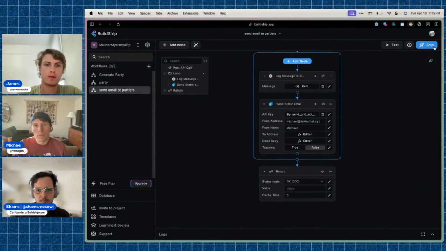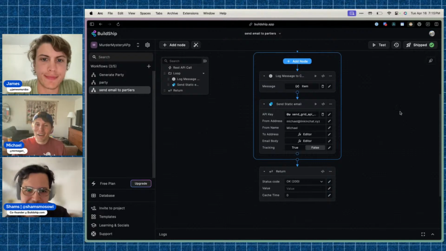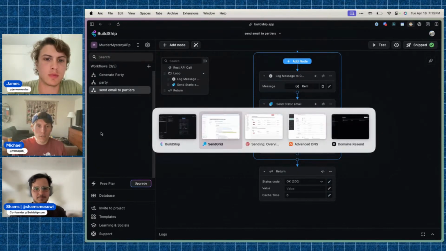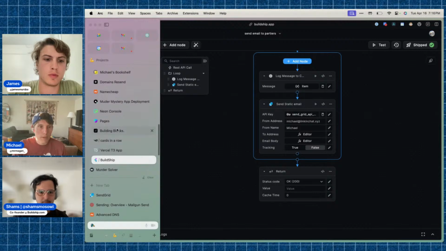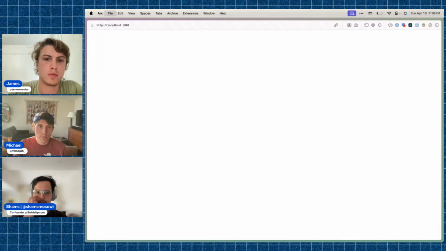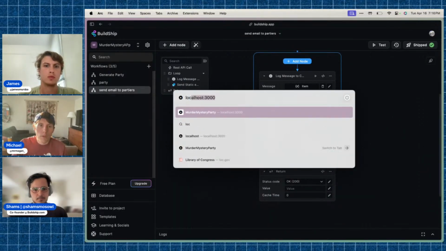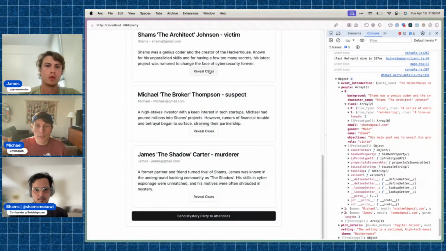And then you can ship. Let's do it. All right, now I've got to put real emails in there. Oh wait, we just need to go over here. Localhost. Is this it? Yeah, there we go.